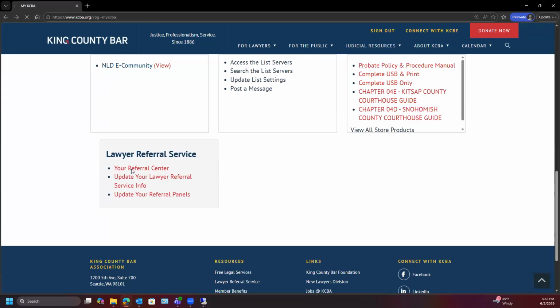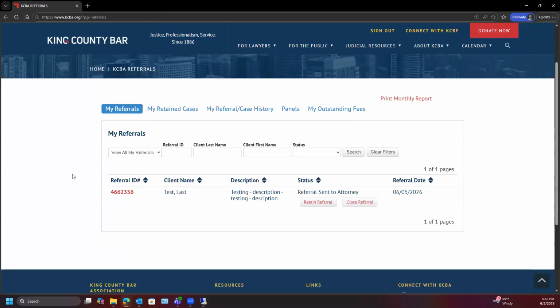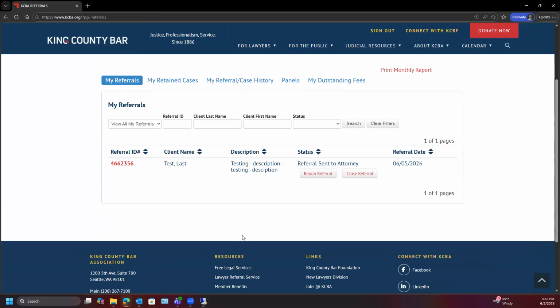Back to the referral center here. So when you receive a referral, they populate on this first page, and odds are you have many more than I do. This, again, is a test account, so it'll look a bit different, but the basic function is the same here. So you'll see the description here,